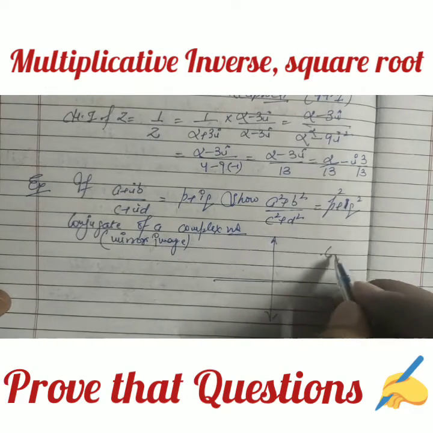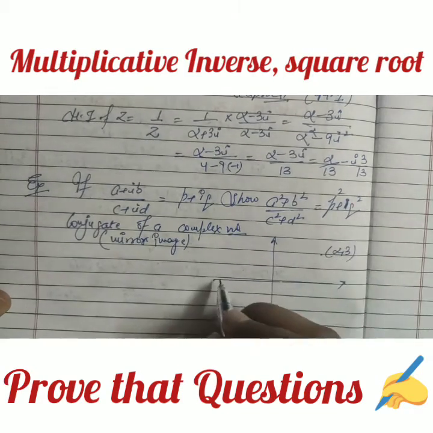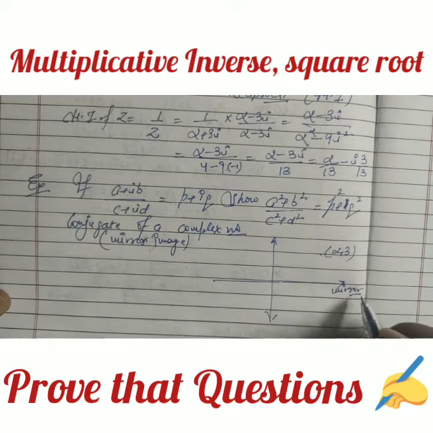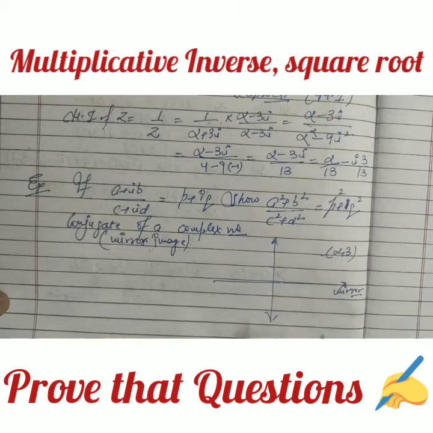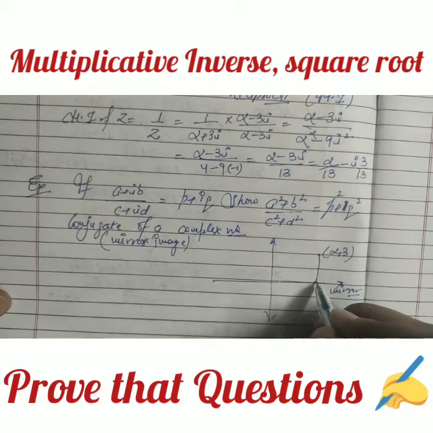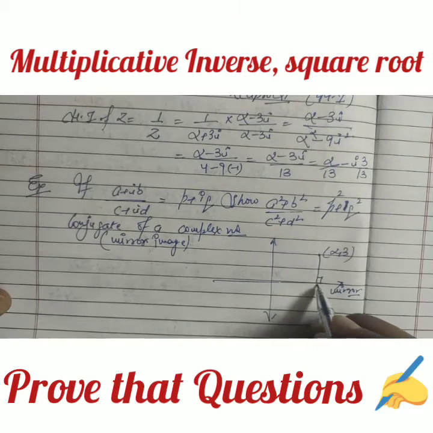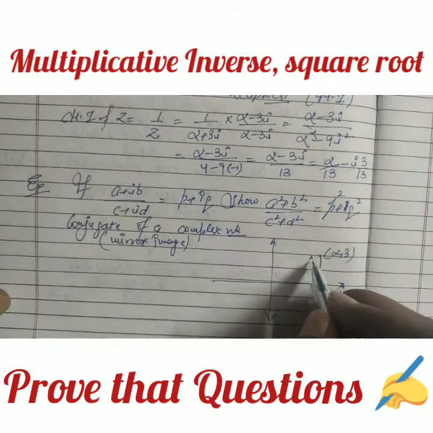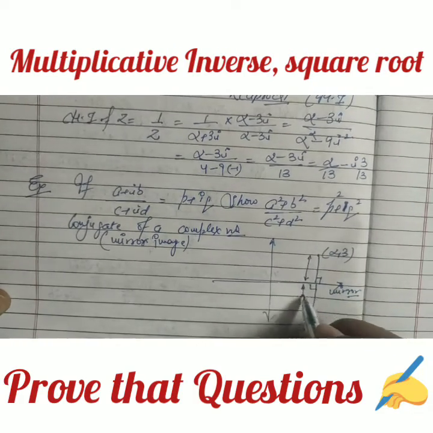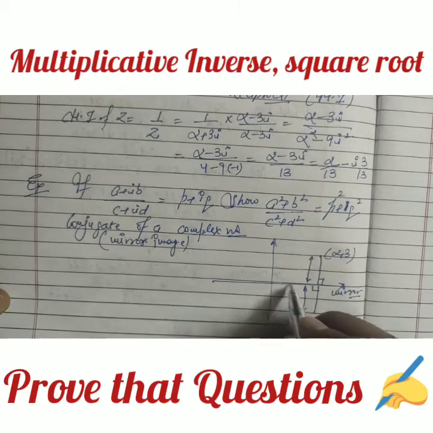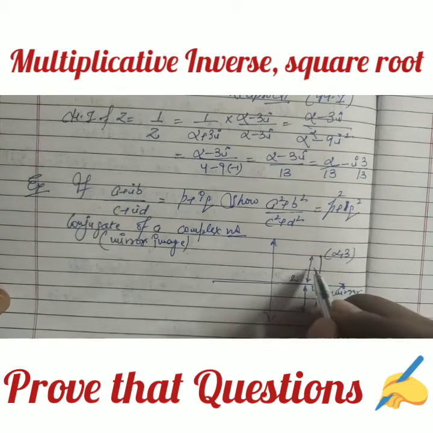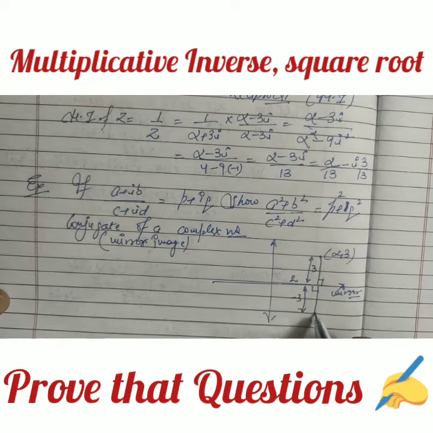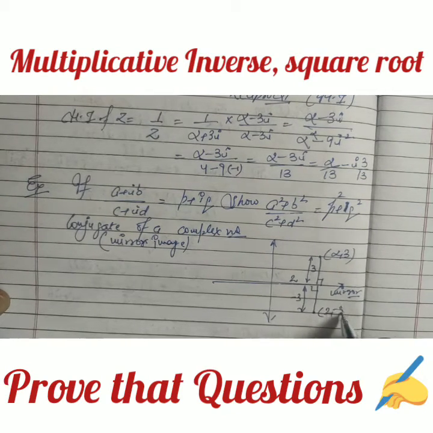Suppose we have the point 2, 3 on the axes. If we take this x-axis as a mirror, by using the concept of reflection of light, this is the distance of the object. So the image should be inside the mirror at the same distance. It means this height and this depth should remain the same. As you know, this is the x-axis distance 2 units, this is the y-axis distance, so downside it becomes minus 3. So the mirror image of this point becomes 2, minus 3.